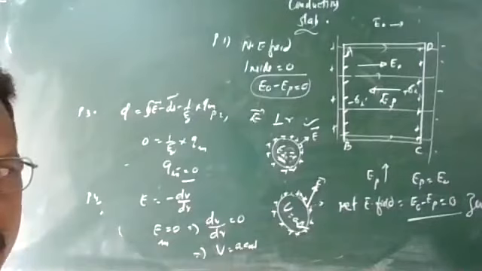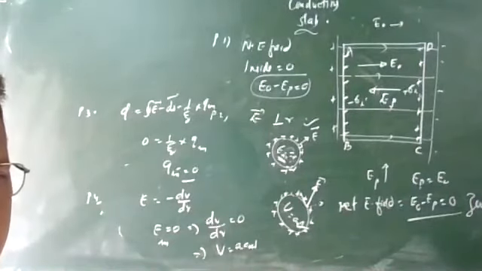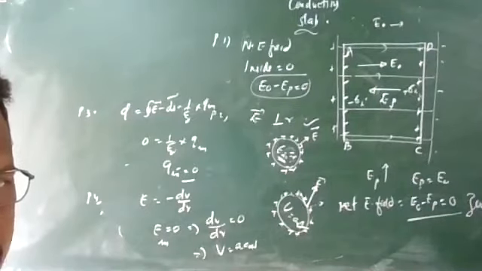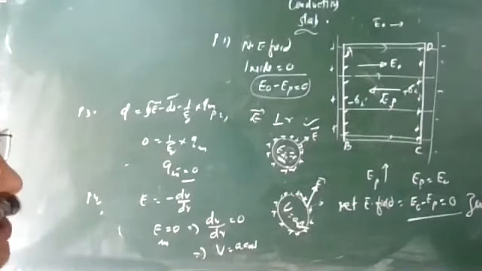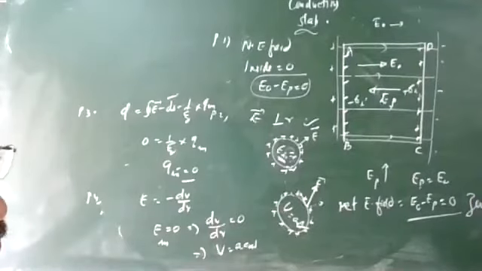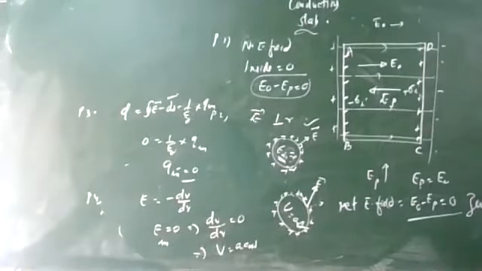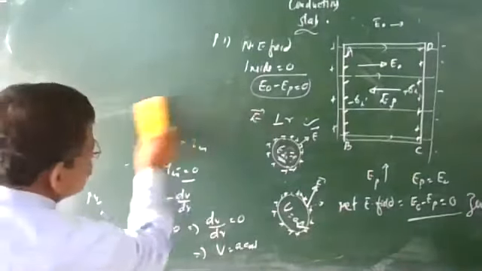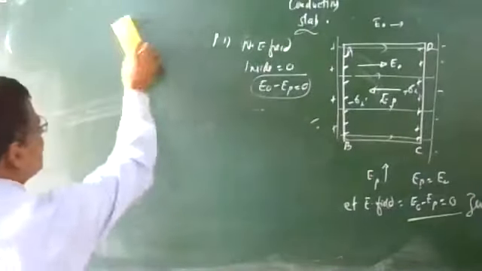Here is property number 5. If the electric field is perpendicular to the surface, then what is the electric field at the surface? What will be the value? If there is some charge there, some surface charge density, what is the electric field at any point? Of course, it is normal. Positive charge directs it outward, negative charge directs it inward. So in such cases, what is the value of the electric field? The value of the electric field can be calculated taking any kind of surface.